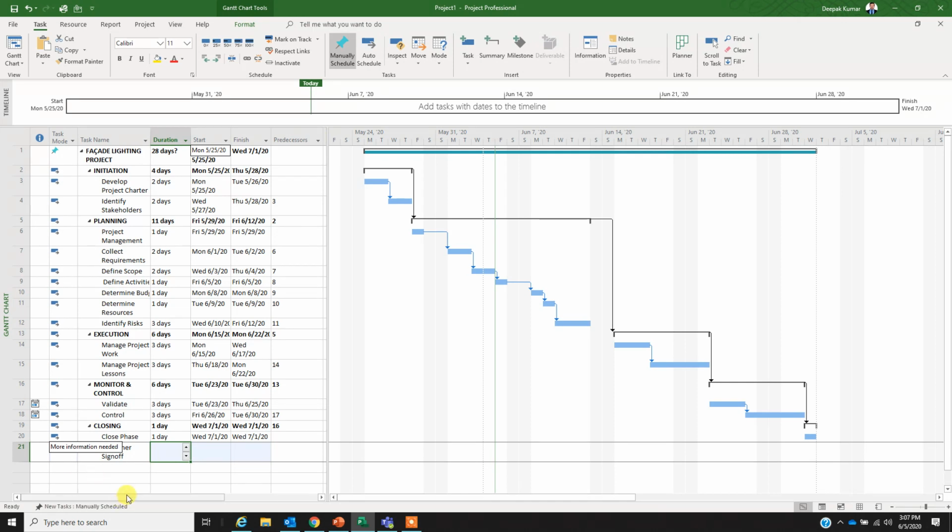Now the first question that arises in my mind is, why do we manually schedule tasks? The simple answer to this question is, when you do not have enough information about a task, then you're going to manually schedule it. All right, so let me just show you. If you enter, for an example,